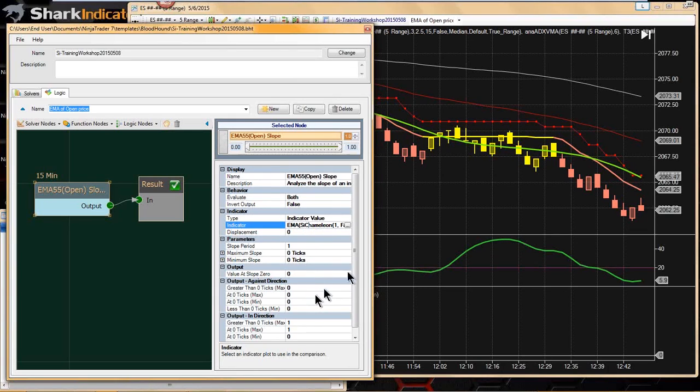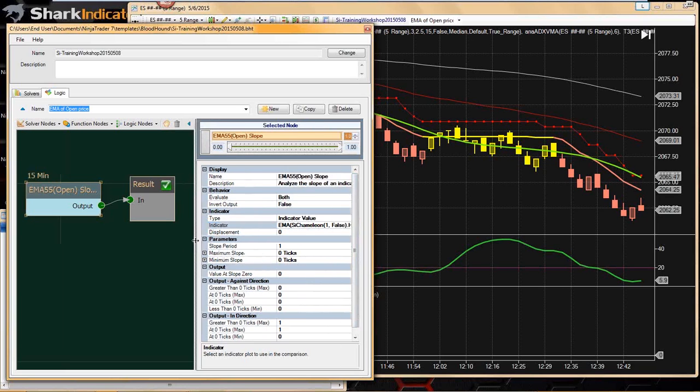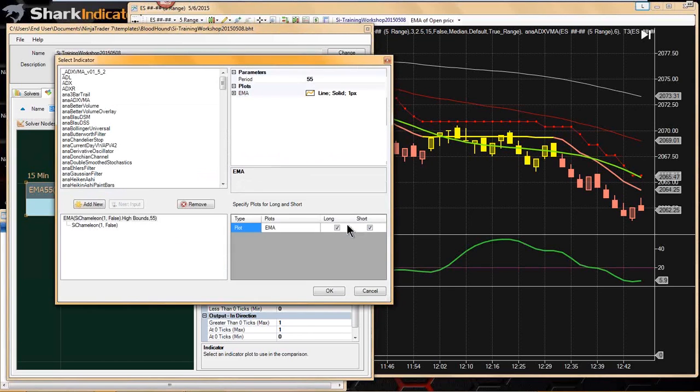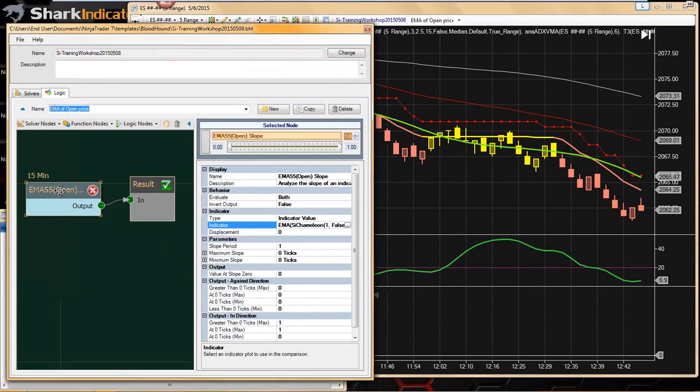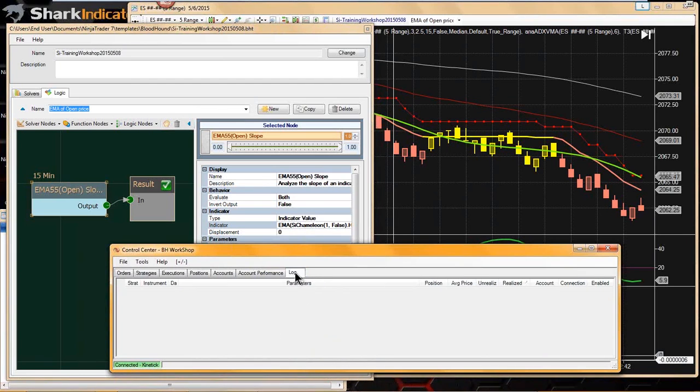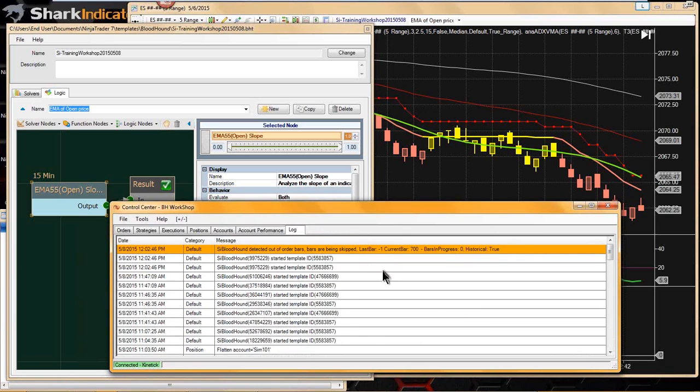Looks like we might have run into this NinjaTrader bug. So let me see if I can get this to work here. All right, let me check the error logs. Yeah, shoot. All right, yep, so there is a little bug inside of NinjaTrader 7